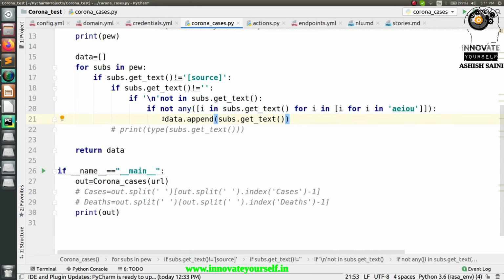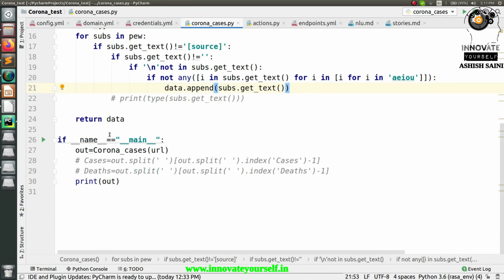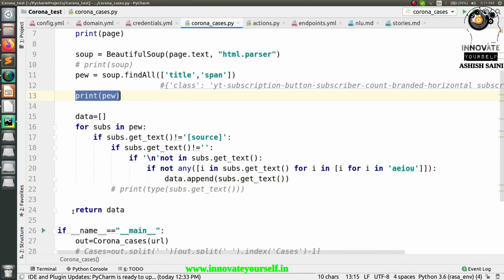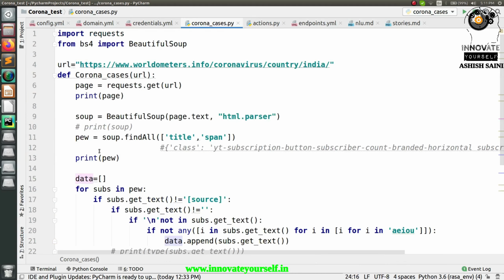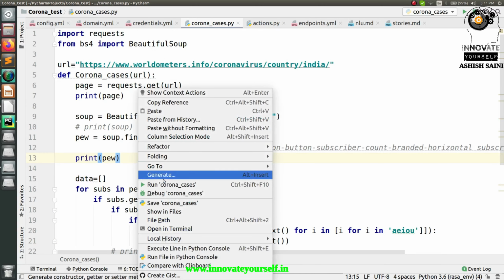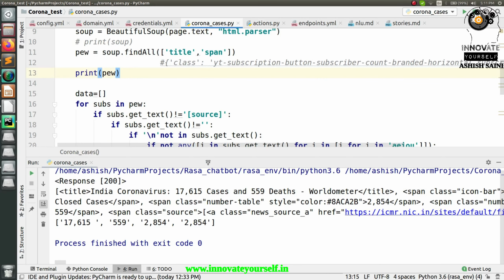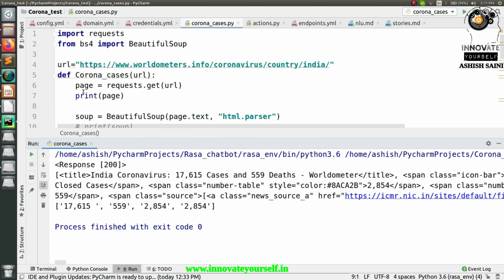Now in my case, let me run this program for you so that I can show you what exactly I'm getting from this and this, right? If you want, I can show you this as well, but for now let's just check this one only. So let's run this. Here you can see in the first step, where you fetched the data using this get request, you have got this output as response 200. This 200 means okay, that means everything was fine, so you have completely fetched the data successfully, right?